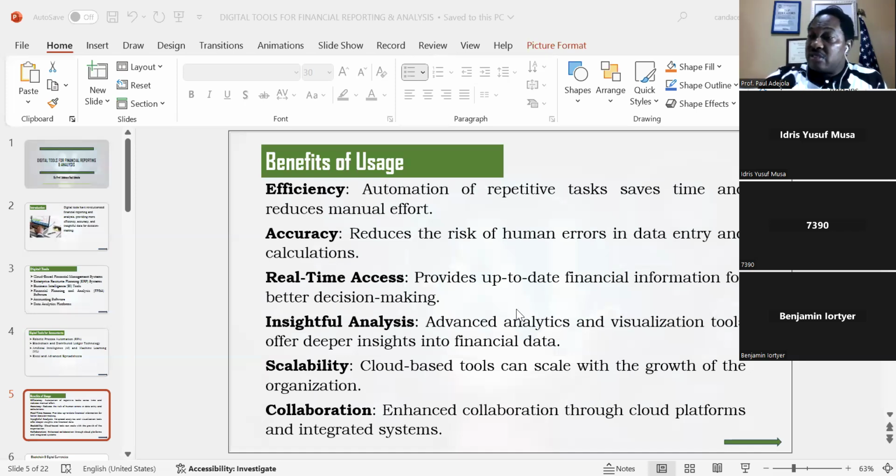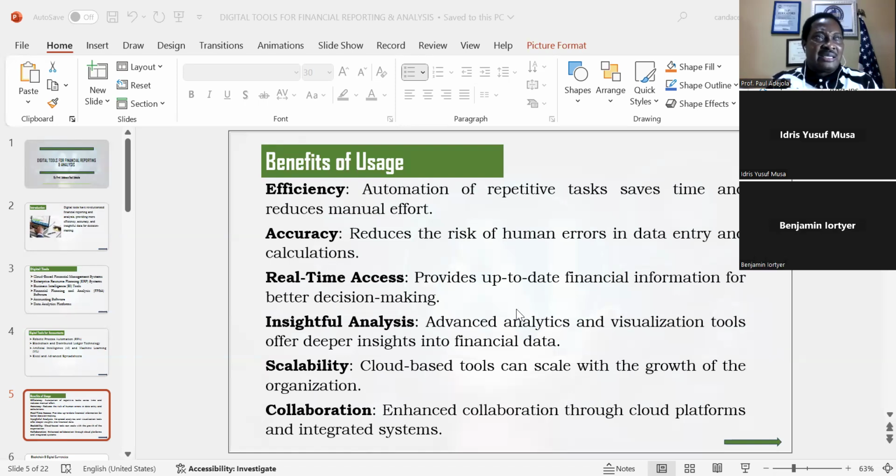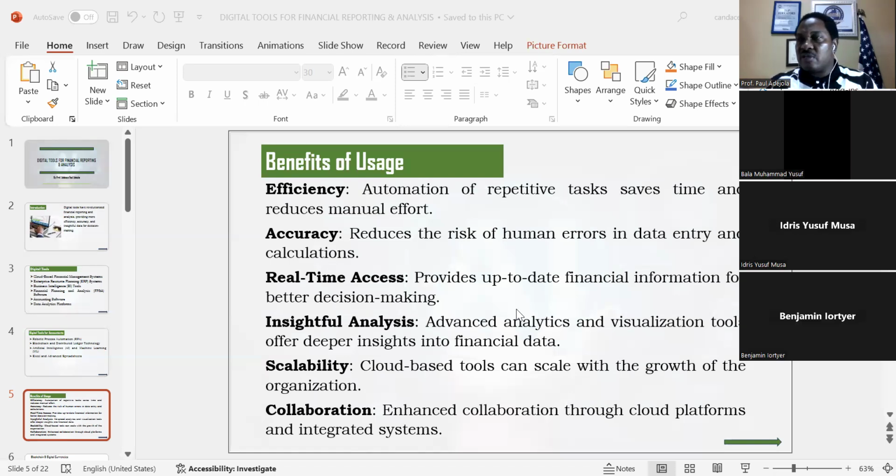Ladies and gentlemen, just yesterday I had an online meeting. We're just talking about one of the benefits of using digital tools. We used Microsoft Teams, not Zoom. And during this meeting, there was a representative of the Association of Government Accountants in the United States.